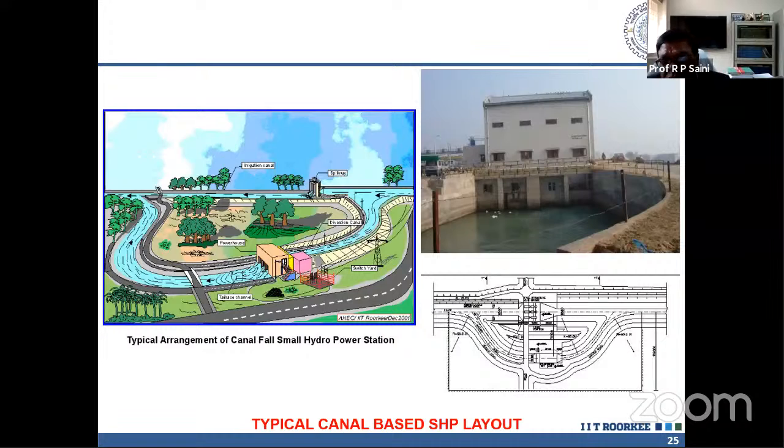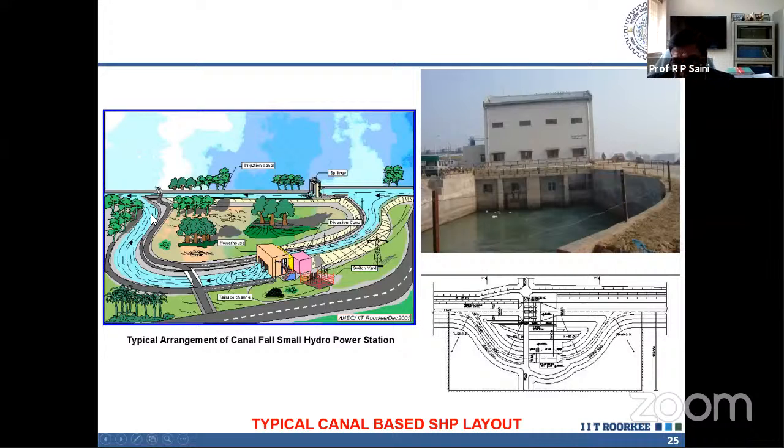So if you have a huge quantity of water and less head, then even then you can tap it. So here, this is the existing canal. This is the existing canal. What you do, at that same level, you just make a diversion weir, and at this diversion weir you put the plant, so that when you stop water in this, it will go here, and the head will be tapped. So that is the canal base.